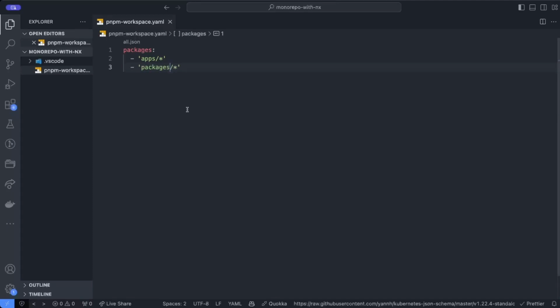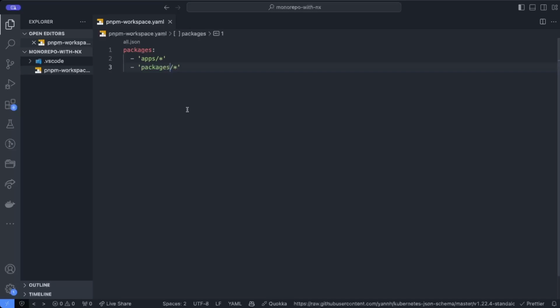So here we are planning to add our React application in the apps folder and maybe build a library inside the packages folder. Once we build that library in the packages folder, we can export it, and in the apps folder, the React application can import that package and use it. So this way, we can have more than one application sitting inside the apps folder, sharing a shared library that's